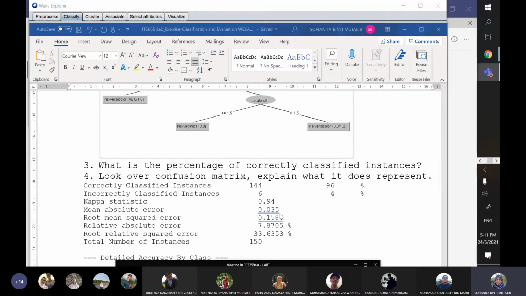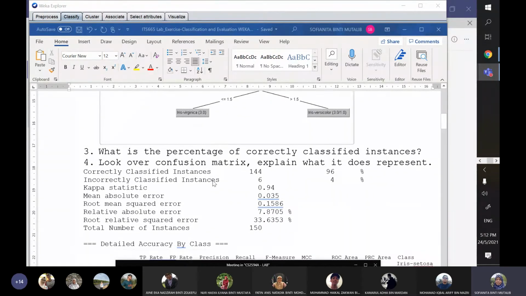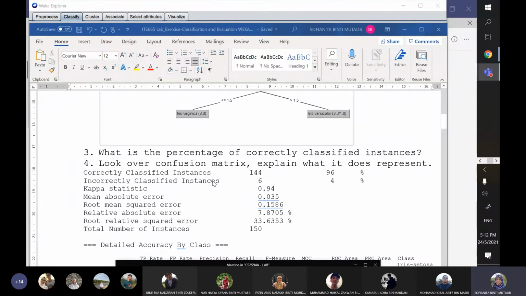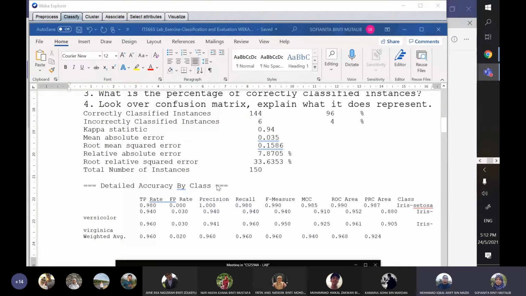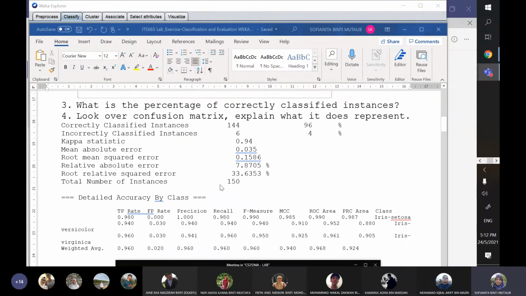Okay, back to here. So for classification, the accuracy will be used to determine whether this model is good or not based on the test set. Okay, this part there is no problem with this part, right? You have no problem. Okay, now, next is to look at the TP rate and FP rate.